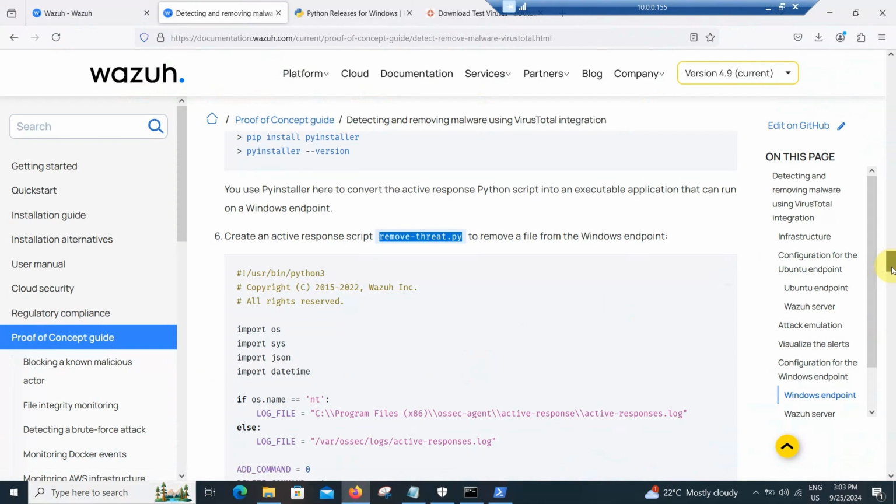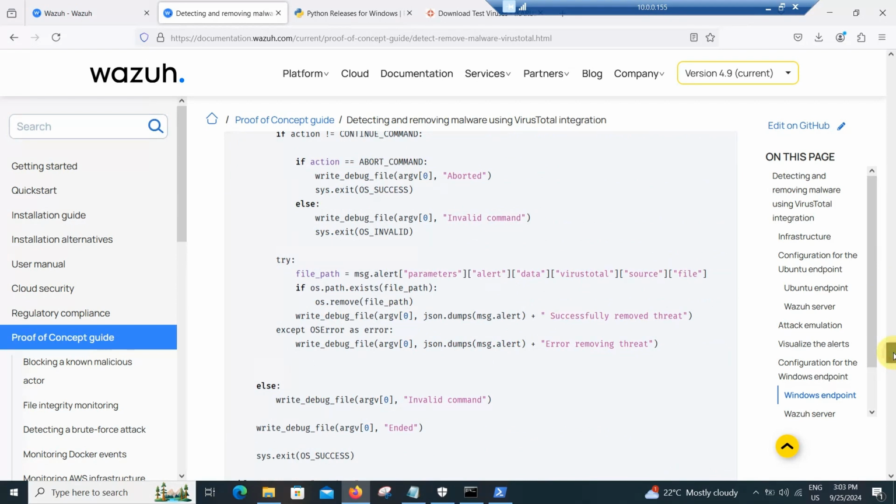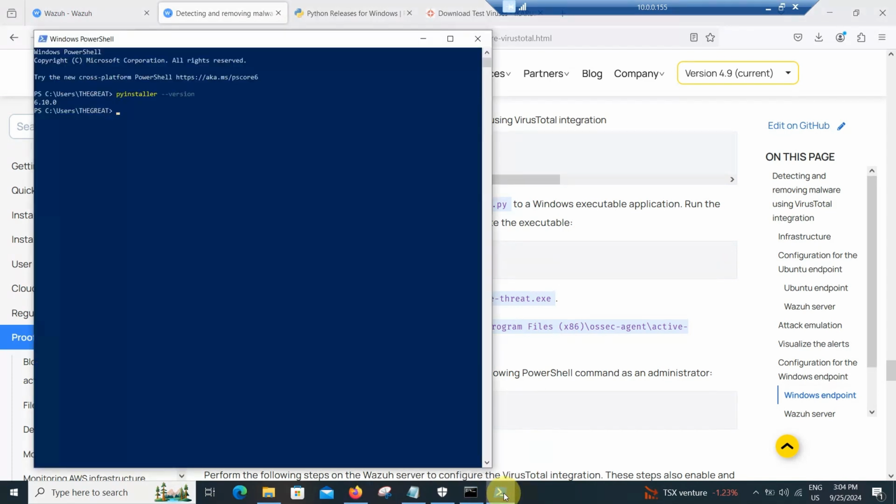So we've completed number 6, so we're going to task 7. Task 7 is telling us to convert the active response script to a Windows executable file, basically an application. So we're gonna use this, but at this stage what we need to do is this. We need to go here. Basically I'm gonna open this as a normal user, and because the file is already on my desktop, I'm gonna say cd, change directory, to desktop,